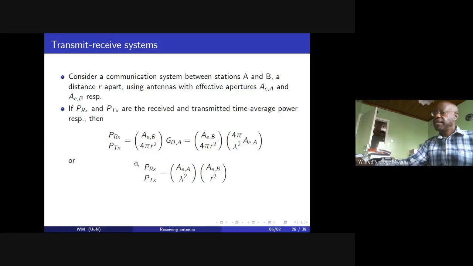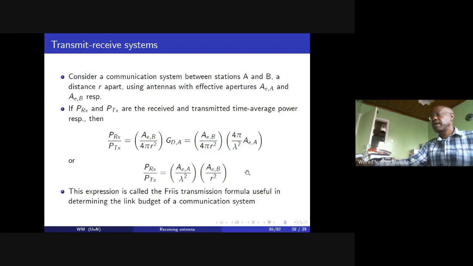Or in other words, that ratio of the received power to transmitted power is going to be given by the effective aperture of the transmitting antenna multiplied by the effective aperture of antenna B, divided by lambda squared, that is the wavelength squared, multiplied by the intervening radius squared, or distance squared. And this expression is usually called the Friis transmission formula, and it's always useful in determining the link budget of a